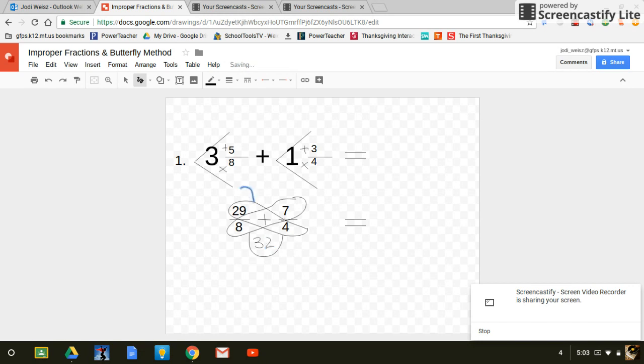Draw my little antenna. 4 times 29. I'm going to break it down by going 4 times 9 first. And I know that is 36. So I'm going to leave the 6 and add the 3 over after I get done multiplying. 4 times 2 is 8, plus the extra 3 is going to be 11. So on my one antenna over here, I'm going to have